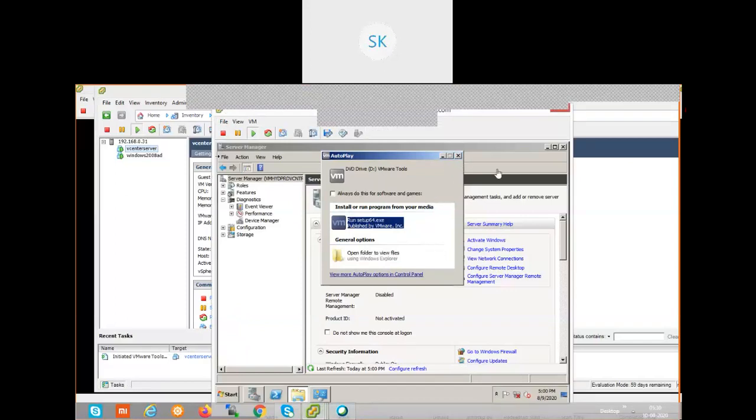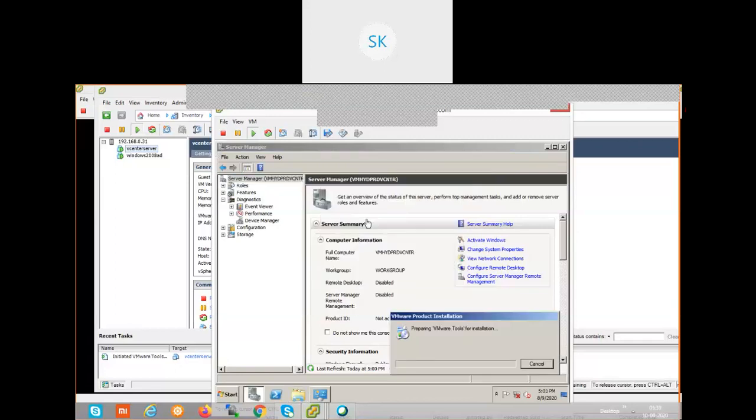Don't click on cancel. Run VMware Tools. As soon as it is mounted, click on that. Yes, click on that. Yes. See what is happening, the driver package installation is going on. In the sense, if you are not going to connect the console, the installation is going to take place on its own. As it is already connected to console, it is prompting interactive. Interactive means you need to provide an input. That is an interactive update. That's the way to install VMware Tools.